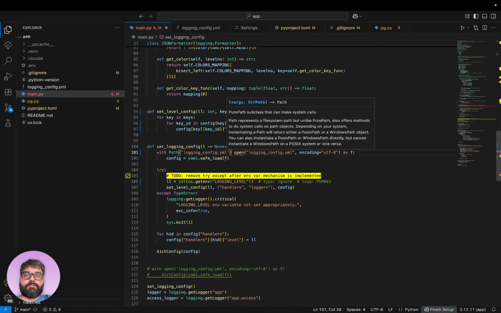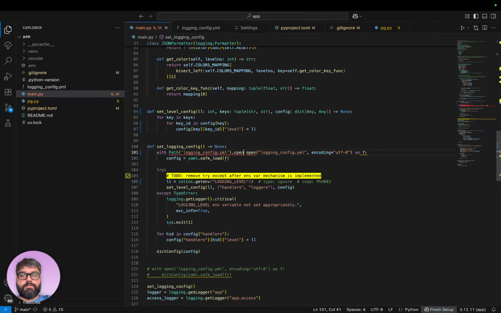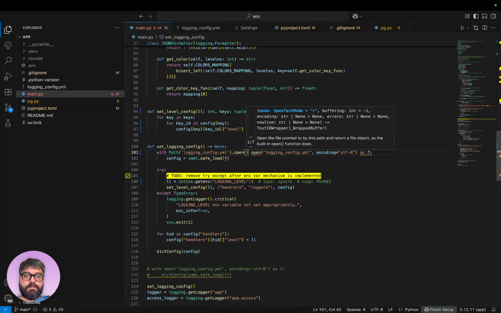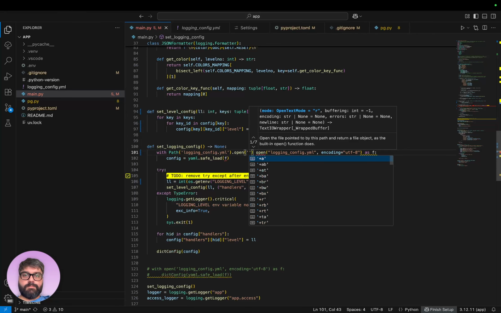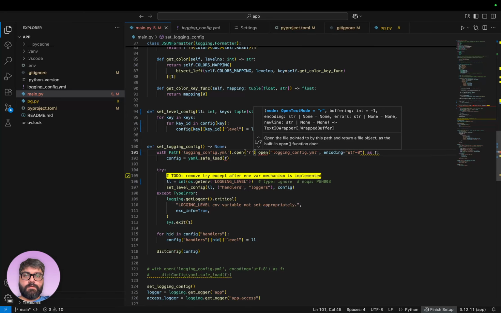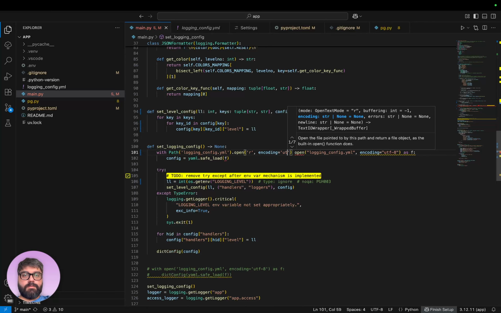I can't type YAML dot open in read mode. I don't know what R plus means. Encoding UTF. Okay, so it doesn't have a default encoding.